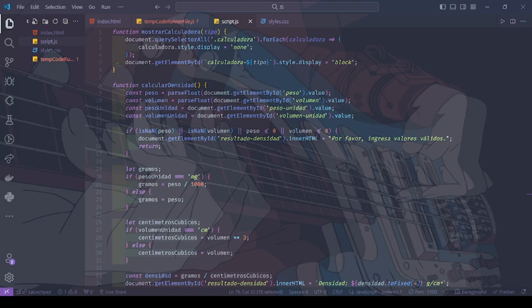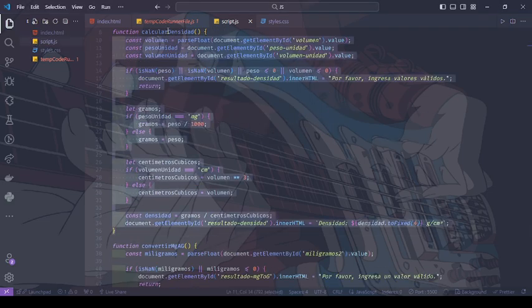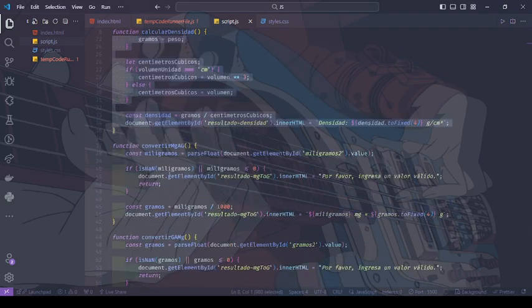Later on, we calculate the density. Basically, we take the weight and volume from the inputs, as well as the selected units, convert the weight to grams if it's in milligrams, and convert the volume to cubic centimeters if it's in centimeters, and calculate the density and display the result. This is the density calculator, and later on we do the same in all these calculators